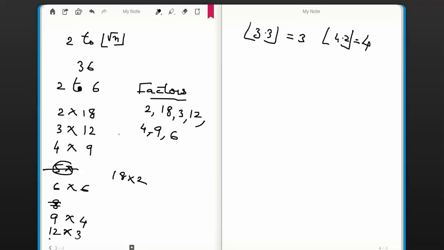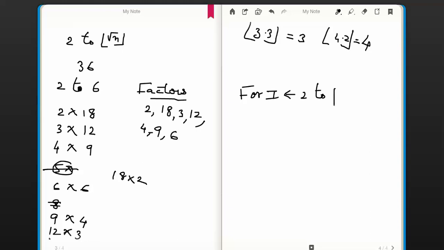Now I would write down the algorithm to check whether a given number is prime or not. So we need to start with 2 and see whether it is a factor of the number. Then if it is not, we can check with 3, so on and so forth up to floor of root of n. So our algorithm would look like this. For, we take a loop variable starting from 2